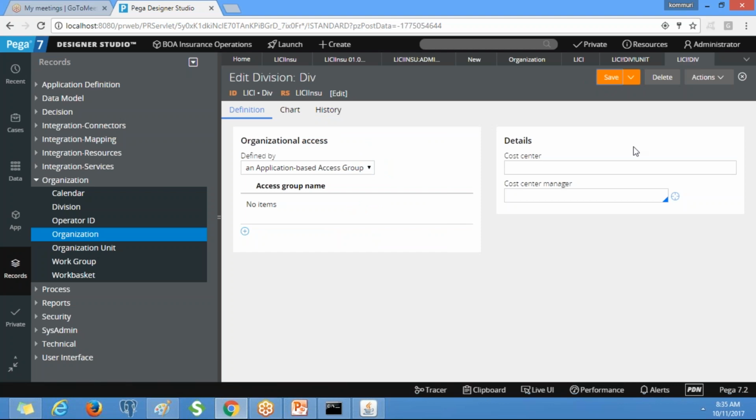Just we are changing rule set to all the things which we have created, that's it. Clear? Sorry, earlier it has taken BOA related rule set, right? See, it has taken BOA related rule set.